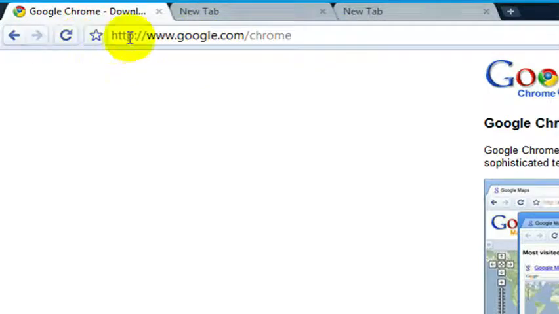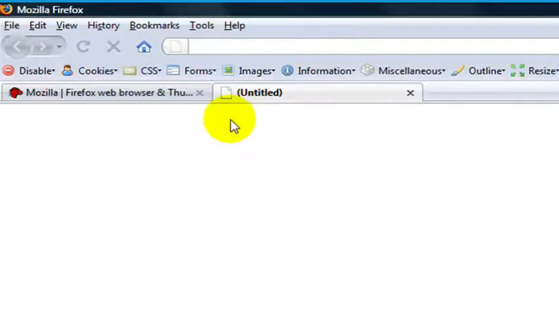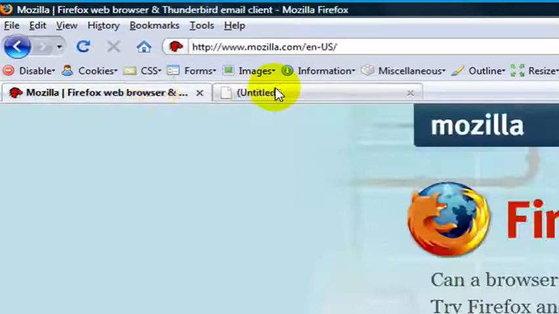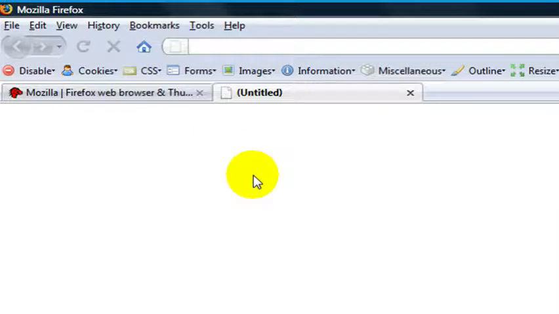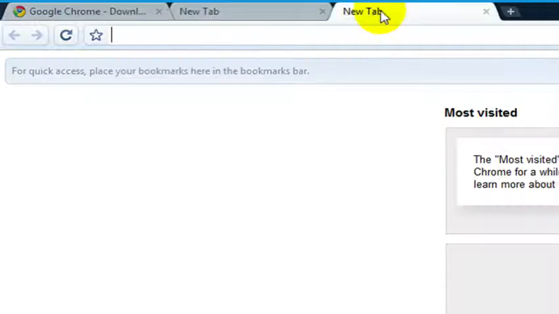and has its own buttons. Whereas if I go back to Firefox here, and if I open a new tab in Firefox, the tabs are below the address bar, so it can get a bit confusing if you're wondering where things are in terms of your tabs and what you've got open. So Google have really changed this, and they've put the tabs above, so each tab is sort of like a